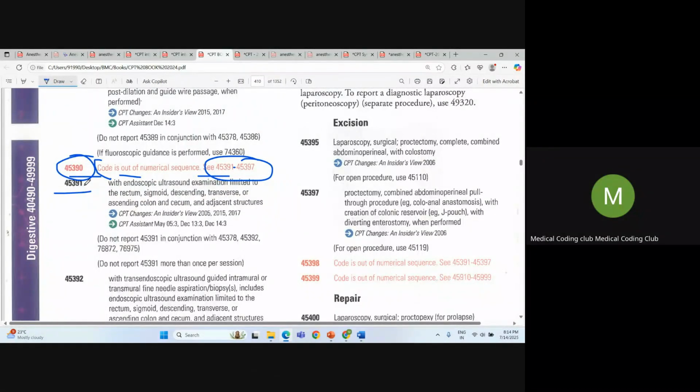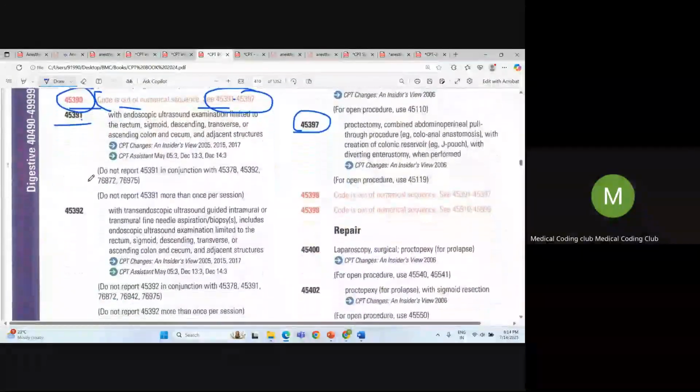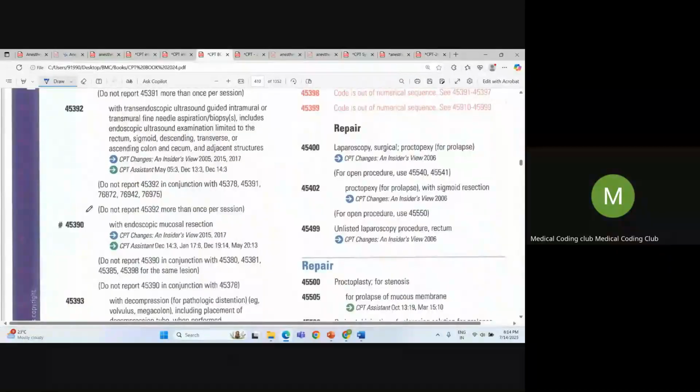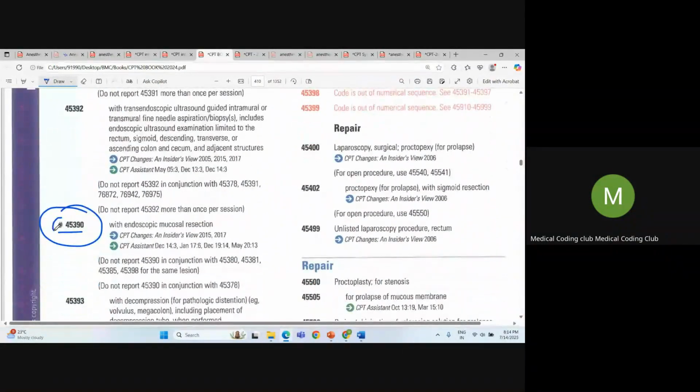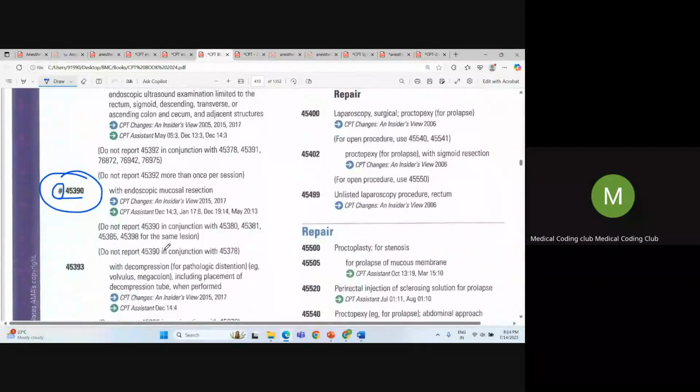45391 is here. 45397 is here. So what they are saying is 45390 should come between these two codes. So you should look, and there is a code 45390, and it is reflecting with which symbol? Hash symbol. Okay, so